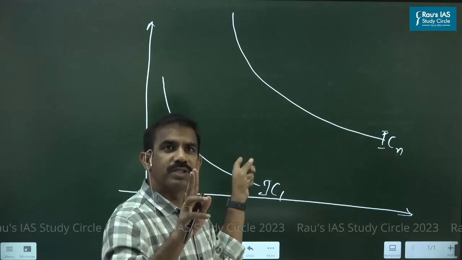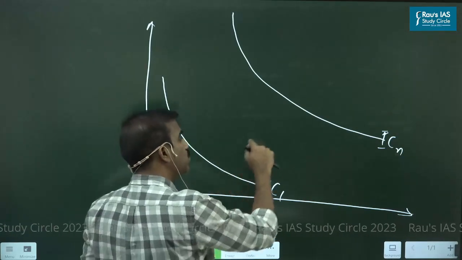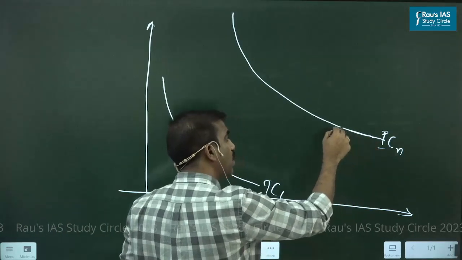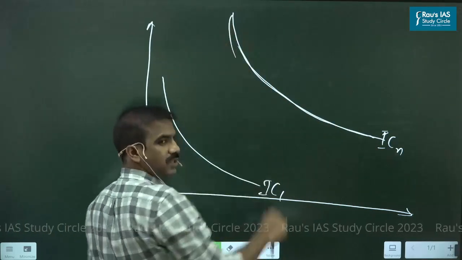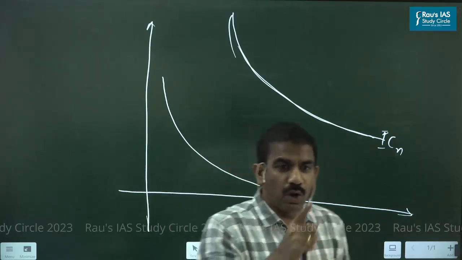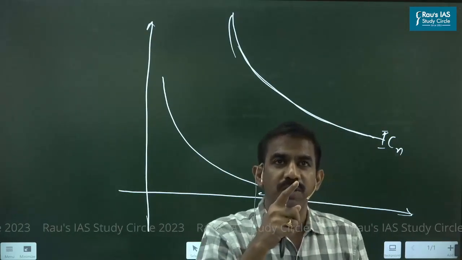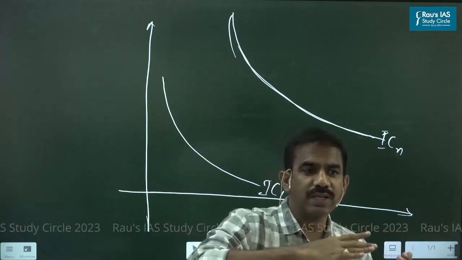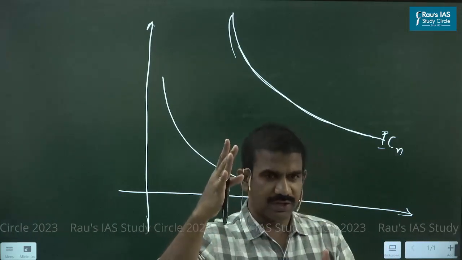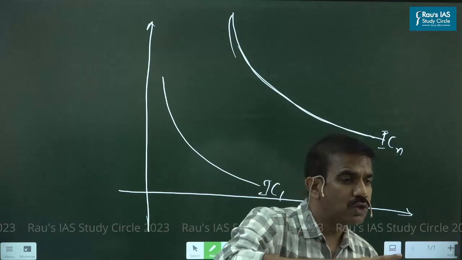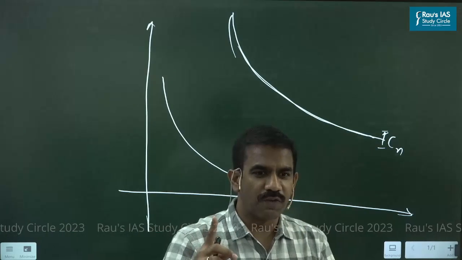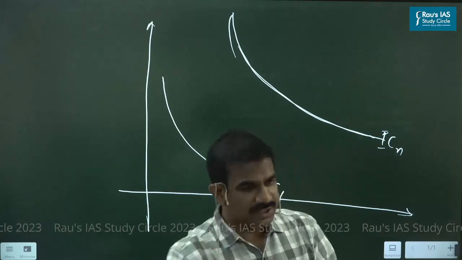And I hope you understand the satisfaction level increases once you move from one curve to another curve, but at the same time the satisfaction along a curve remains the same. Exactly, along the curve satisfaction or utility remains the same, but from one curve to another curve satisfaction keeps on increasing. So the higher the indifference curve, the higher the satisfaction, isn't it? And people always want to reach the highest possible indifference curve, not the highest existing indifference curve.